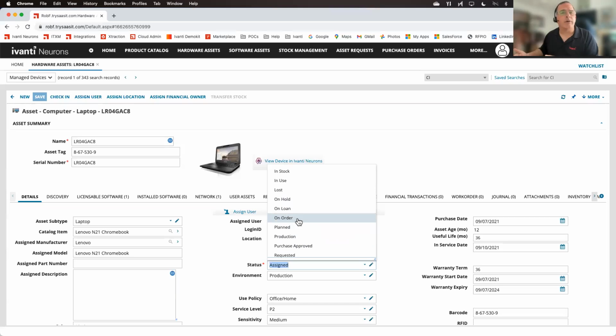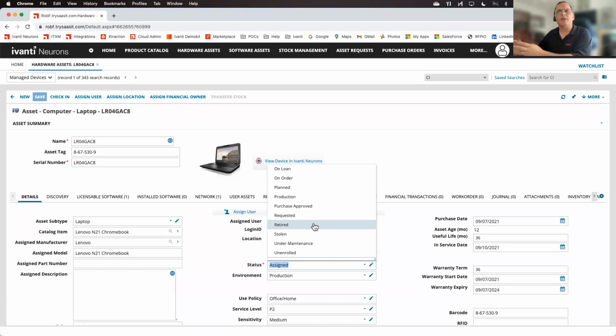Before it entered into our environment, it was on order. And we can receive it through the mobile app in our next update starting later on this month. And so all of these different life cycle states will help you manage that device as it ebbs and flows through its 36-month life cycle in my case, right? Ultimately, though, we're going to want to dispose of it, and we're going to want to dispose of it properly,